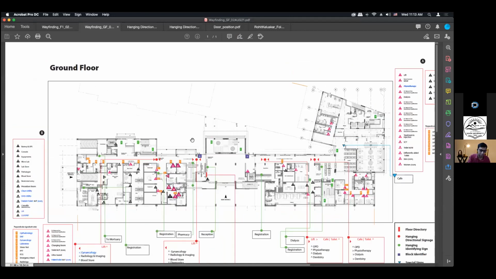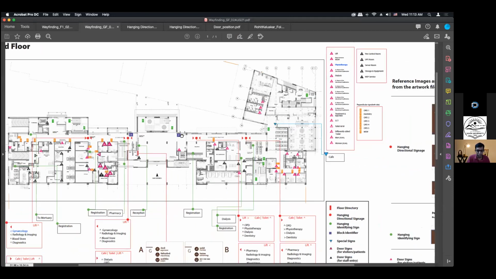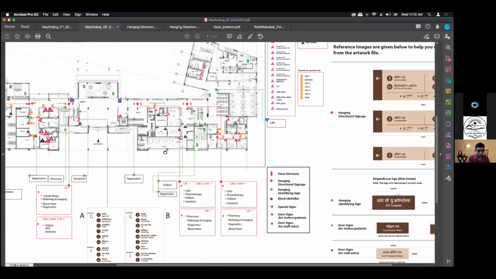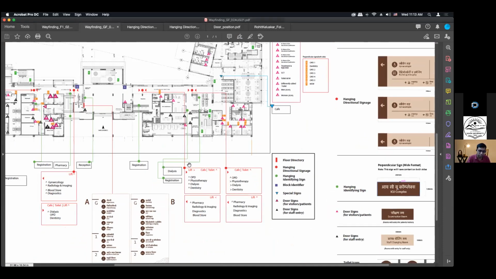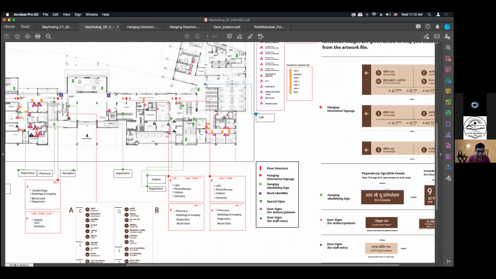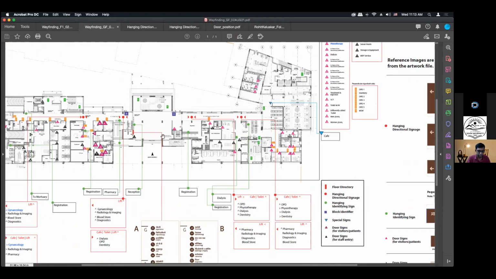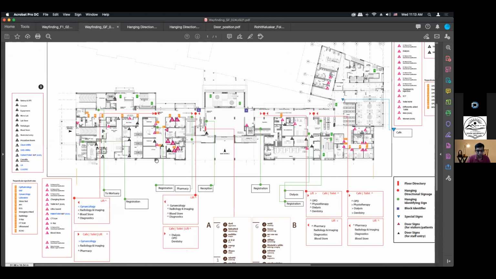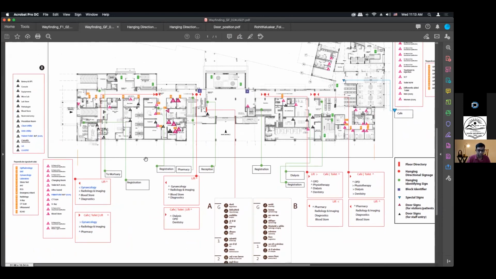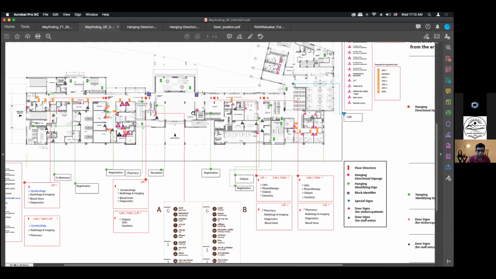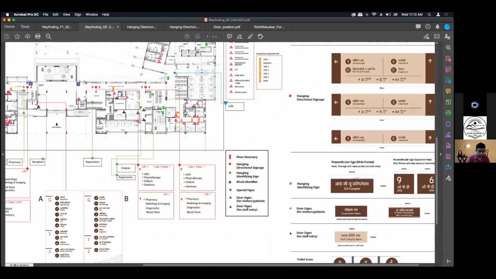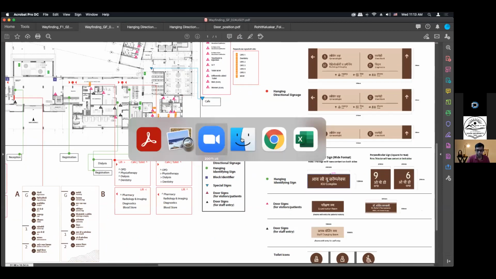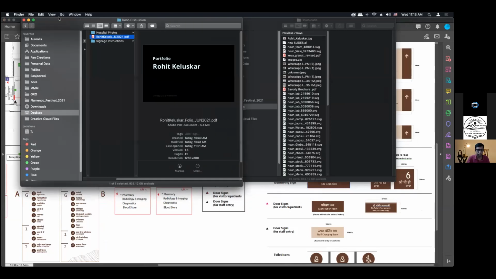So this is the ground floor plan of the hospital, and this is how we had marked it. You don't need to get into details, but this is how color and text were used. This is not a very good looking graphic design, but this is definitely functional graphic design. And we have marked the doors and the signs that come on each door, hanging signs, all in detail. But these are for the architects, these are for the designers.